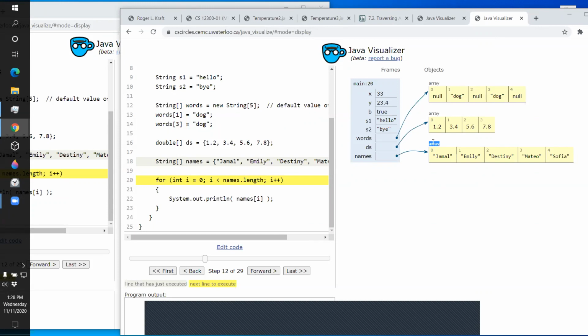Well, programmers do the same. We have a technical language, and we should use it carefully. Words like primitive variable, reference variable, array of primitives, array of references. So there's two kinds of arrays, just like there's two kinds of variables.